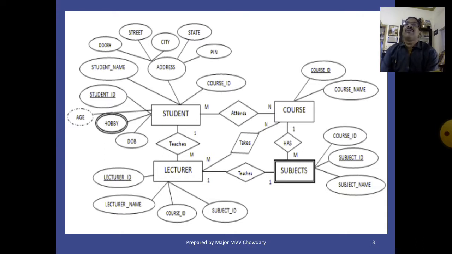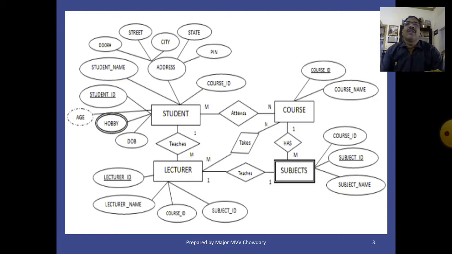These all are field names. Attributes are nothing but field names in the table. In similar manner, course entity is nothing but course is the table name, lecturer is the table name, subject is the table name.